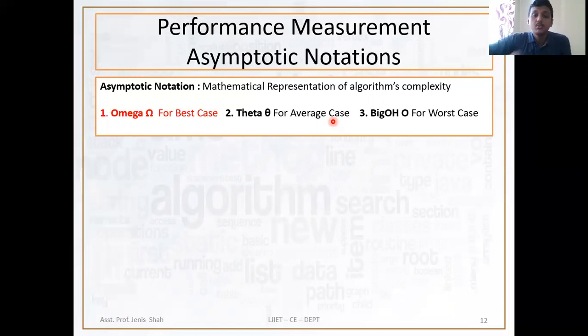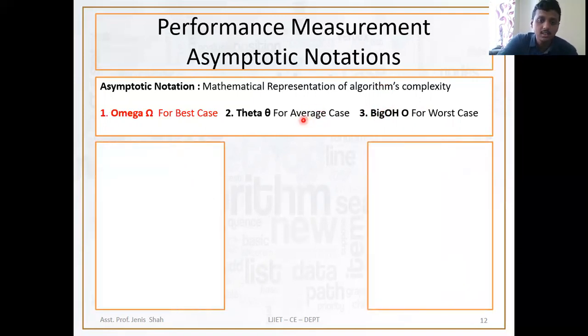Now, if I want to find 100 in the array, I need to search and compare each and every element of the array. That means if the array consists of 10 elements, I need to compare 10. So if the array contains n elements, I need to compare n elements. That's why the worst case time complexity will become O of n, and it is measured by big O notation.